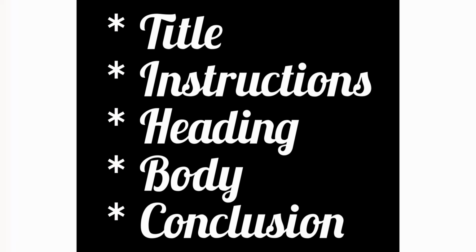Second, instructions. Instructions tell how to complete or use the form. To be most useful, general instructions should be at the beginning of the form. Instructions should be placed so that they are seen before the form is completed. Forms that have multiple sections or parts may have a new set of instructions at the beginning of each section.